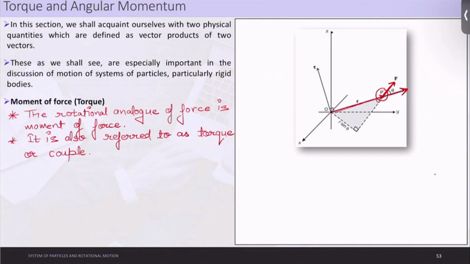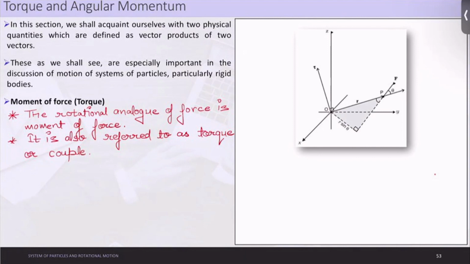This is the vector R. Let me also write it down, because it will be easier to understand. If the force acts on a single particle, whose position with respect to the origin O is given by the position vector R, then the moment of force acting on the particle with respect to the origin O is defined as